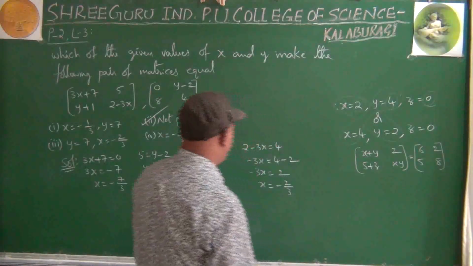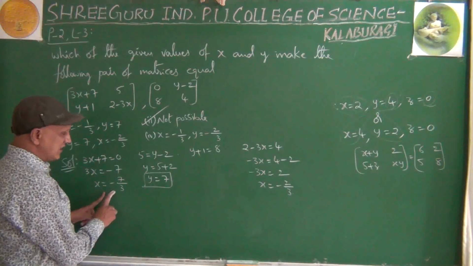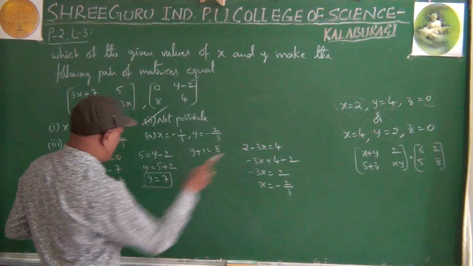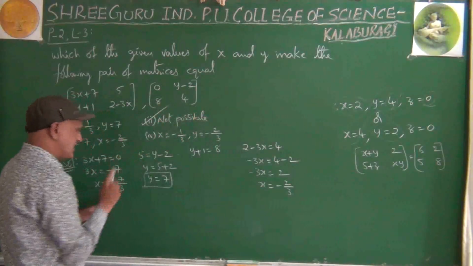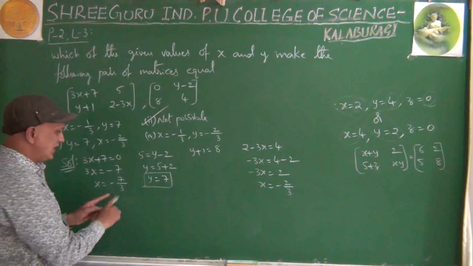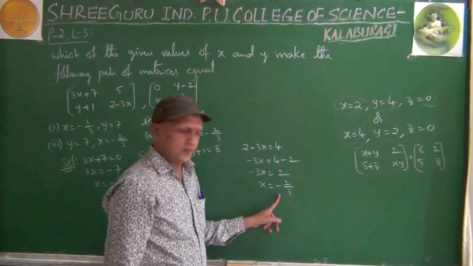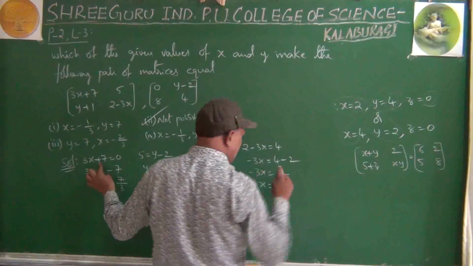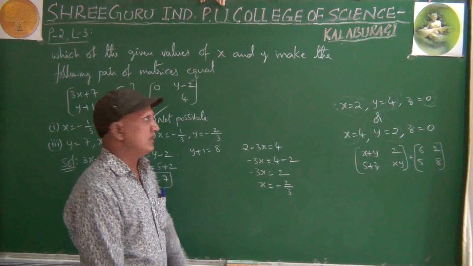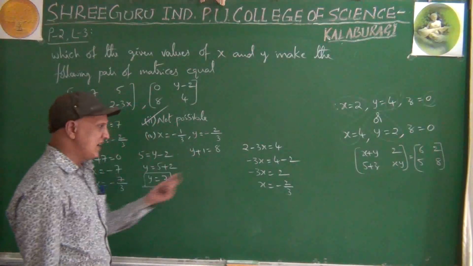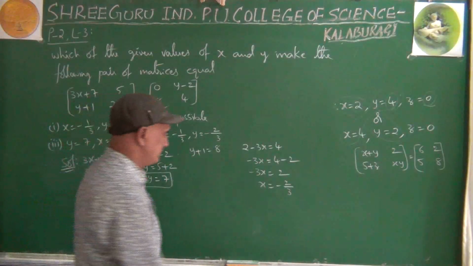Right? Suppose you want to tell that this is the answer. This equation does not satisfy for this value. That's why this is wrong. Suppose you want to take this value. This equation does not satisfy this value. That's why this is also not right. That's why it is not possible. At a time x value will not be this one and that one. Right?